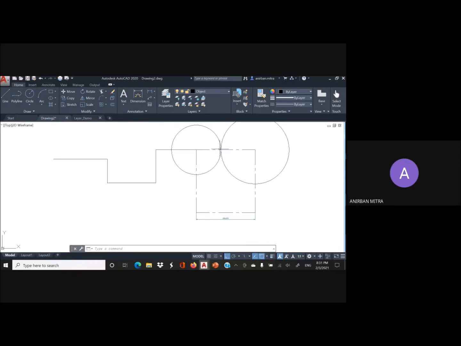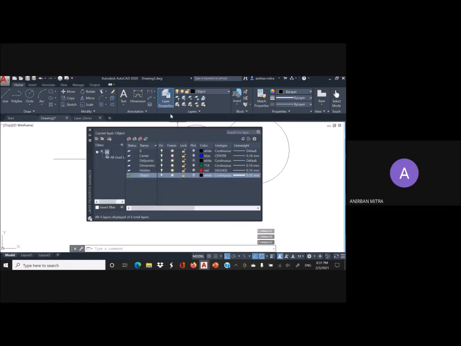Let us go into the layer properties manager window. Now here we can see that all the layers that we have created previously are listed. However, I would like to draw your attention to this particular layer called def points. This is one layer that we have not created, but it now appears in this list. So where did it come from? This is in fact another default AutoCAD layer which is created whenever any dimension is provided in an AutoCAD drawing. This basically stores certain reference points for the dimensions.